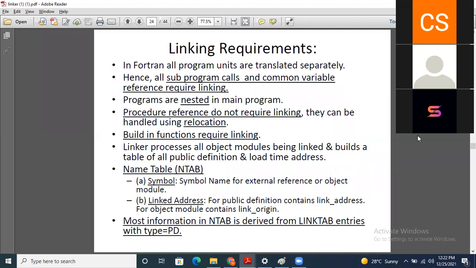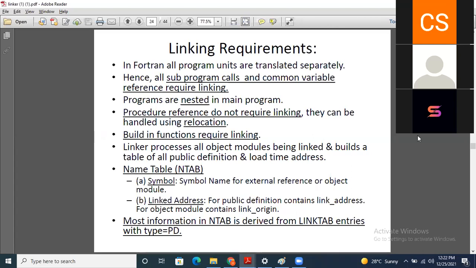The symbol field contains a symbol name for an external reference or object module. And the link address, for a public definition, contains the link address, and for an object module it contains the link origin.